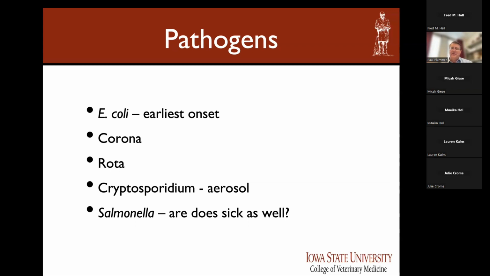And so the first one, E. coli, so this is Escherichia coli, a bacterial organism. And this is the first one that we see. This is the one that has the potential to cause diarrhea very early in life. And in fact, for me, if I'm seeing significant diarrhea at a population level before a couple of days of age, certainly before 3 days of age, and sometimes within 24 hours in extreme circumstances, it's going to be E. coli until I prove it otherwise. E. coli is my working diagnosis in those really early